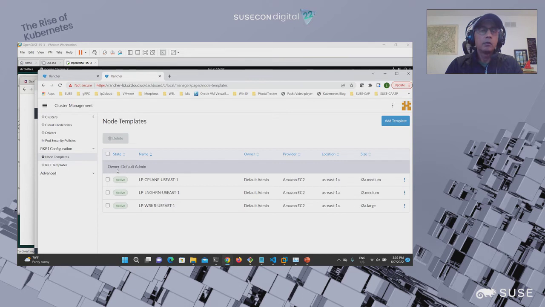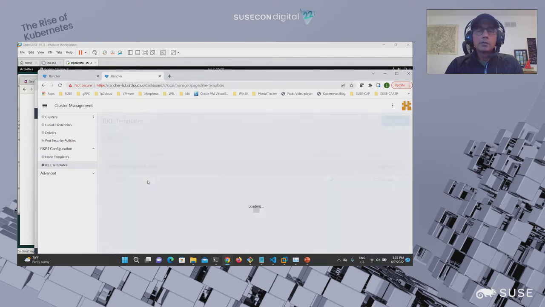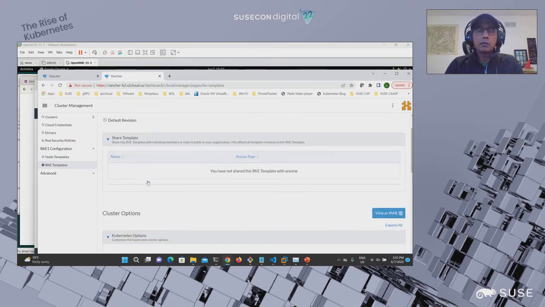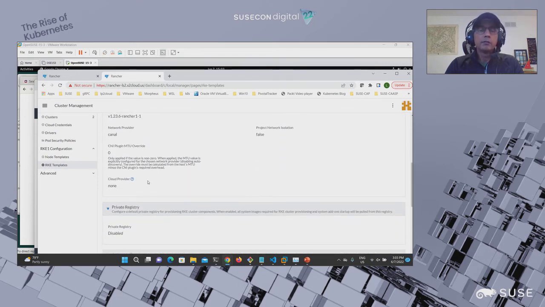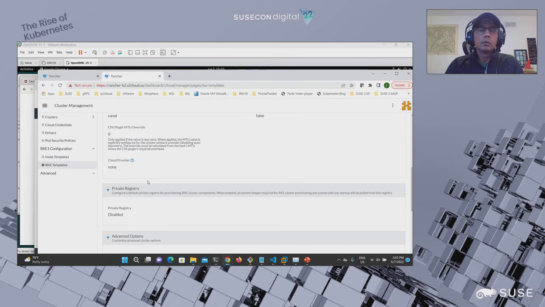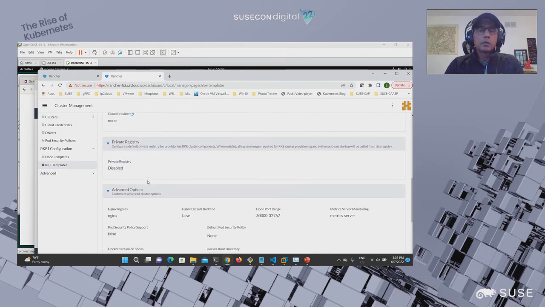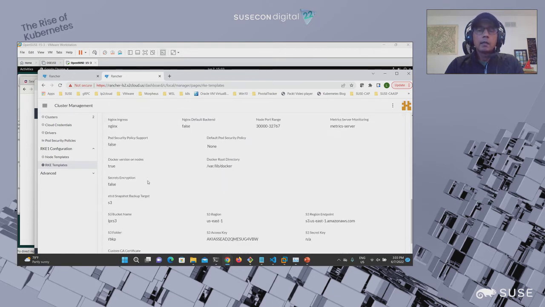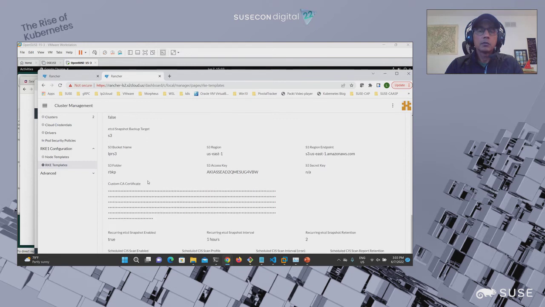I'm going to go quickly over the definition of the RKE template here, and you will see that's how you get very fine-grained definitions of the version of Kubernetes that you want, what type of CNI you want to use with your cluster, and then if you need an ingress controller to control some of the ingress for the services that you're running.